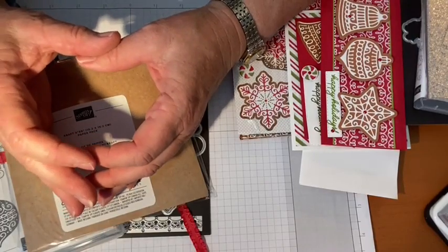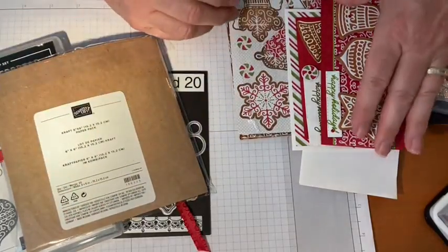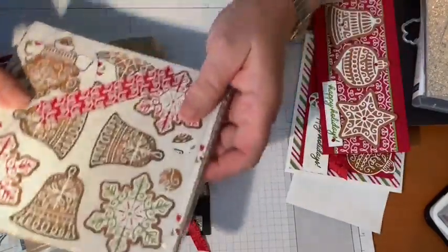I don't have it. My upline does, and it's small enough that you can't even put a credit card or a gift card in there. Now look at this